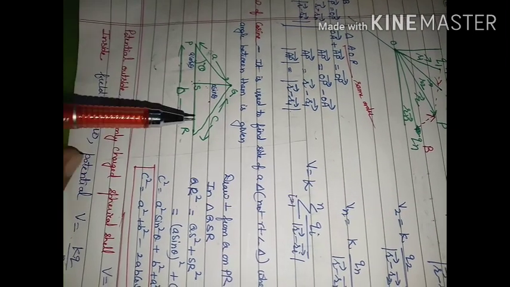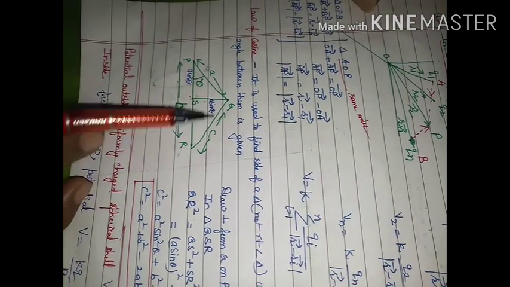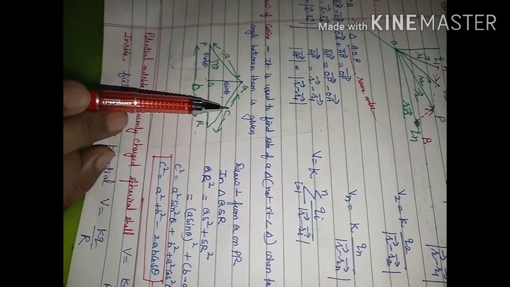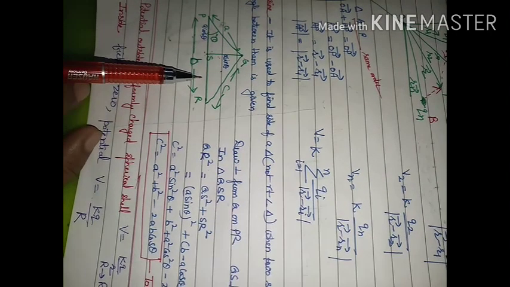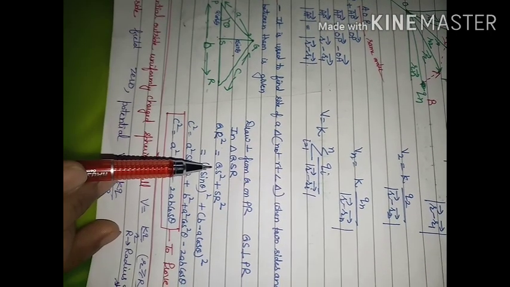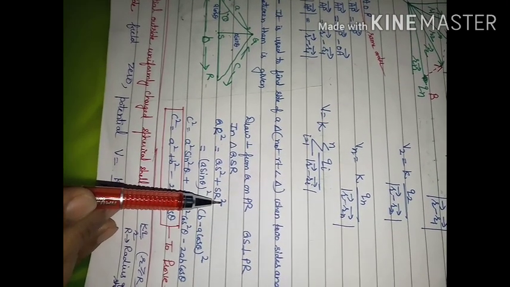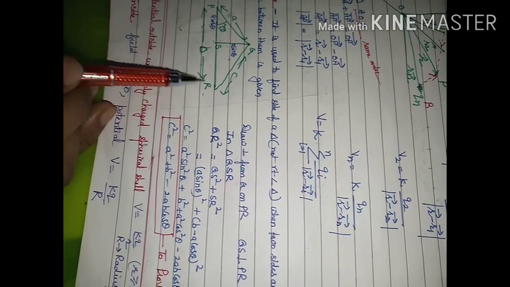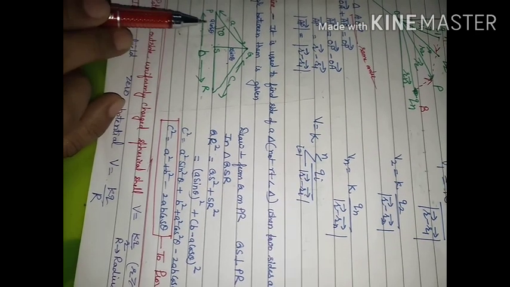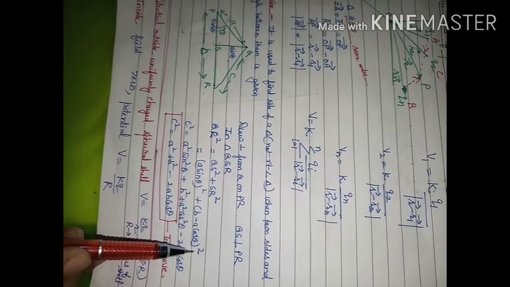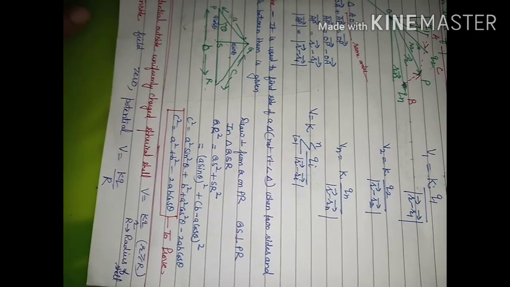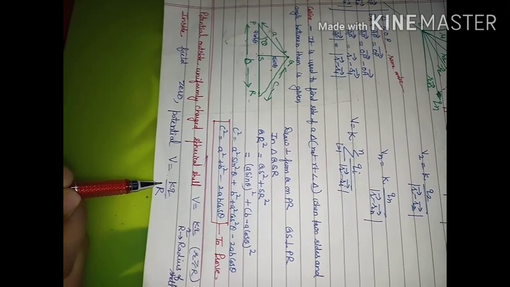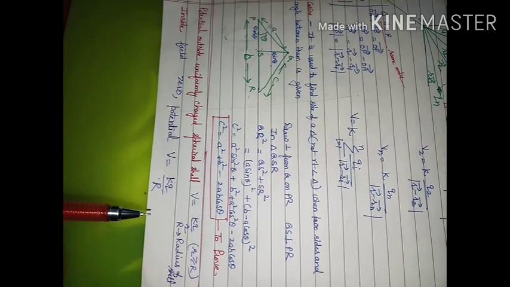This is a right angle triangle with hypotenuse, base and perpendicular, so the square of this will be equal to the square of this plus the square of this. So QR square will be equal to QS square plus SR square. What is the QS value? A sin theta, put here. What is the SR value? This whole is B minus A cos theta. Do it square and solve it. You will get the result that we have used. And these two lines, maybe you will need to solve the numerical part.